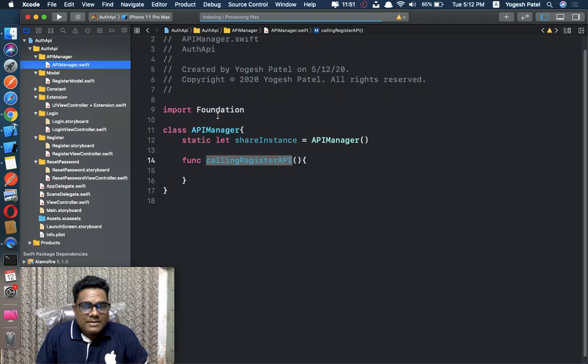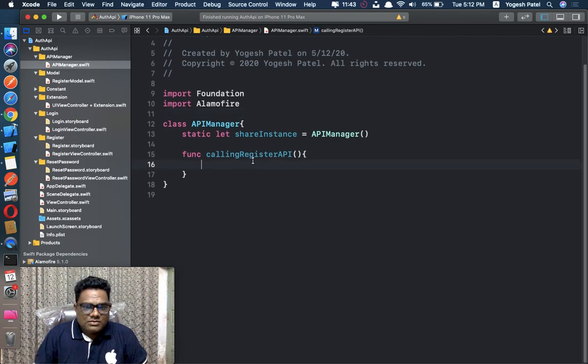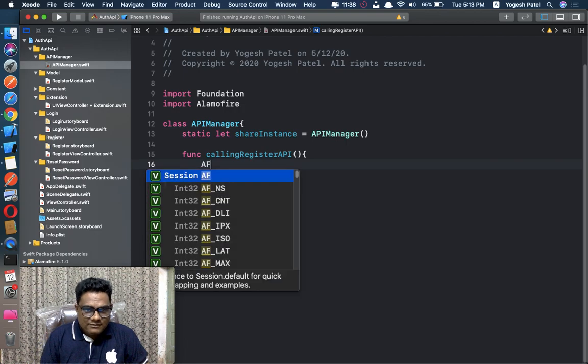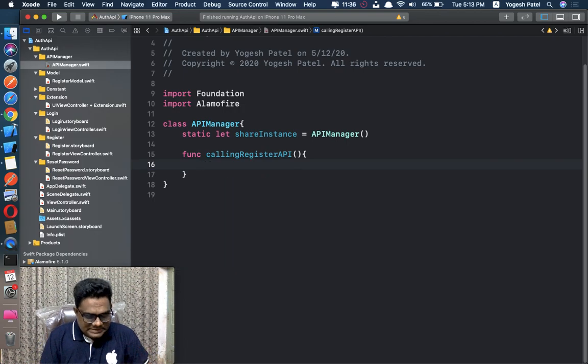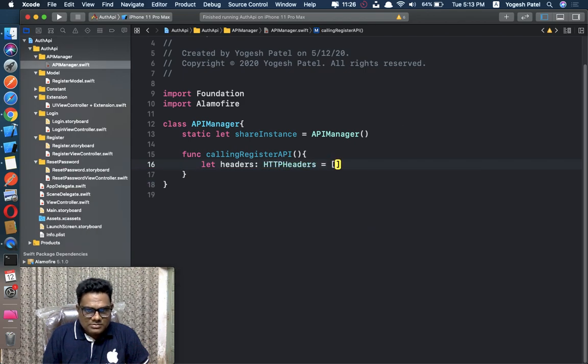Go to our API manager, import Alamofire here first, and let's call the API now. First of all, what you have to do: let headers, because we have a header, right? HTTPHeaders.